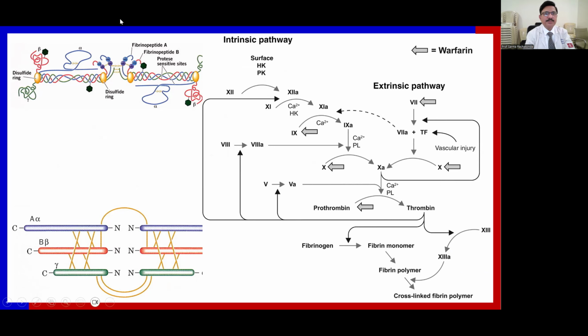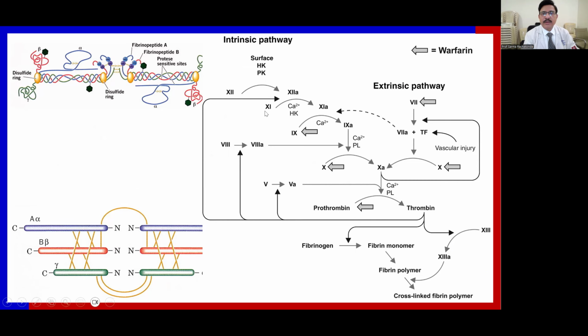Now, understand this diagram well. There is a disulfide bridge, and there is what is called a disulfide ring, and fibrinopeptides are there, protease sensitive sites are there. This fibrinogen has to become fibrin. For that, start with the intrinsic pathway: surface factor, also called the contact factor, or HK or PK, 12